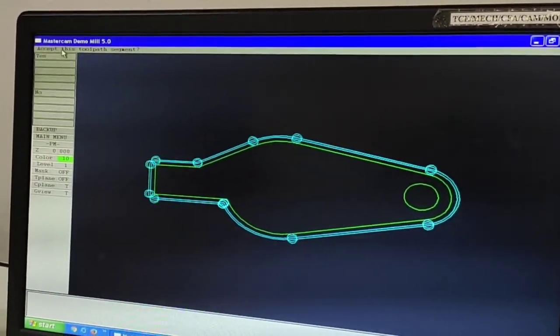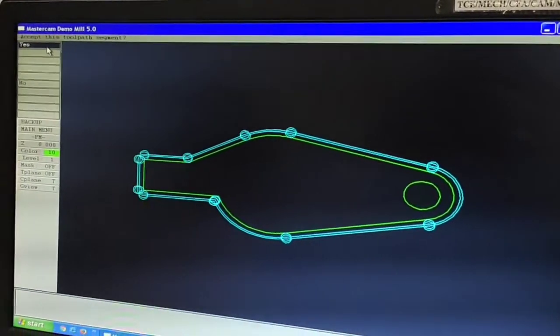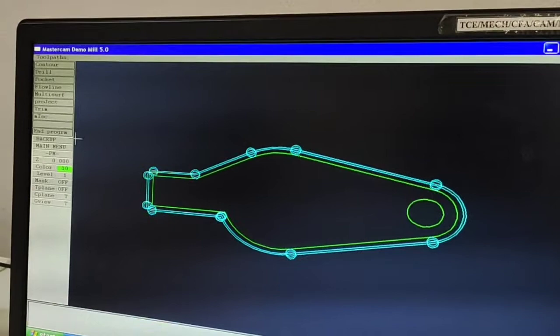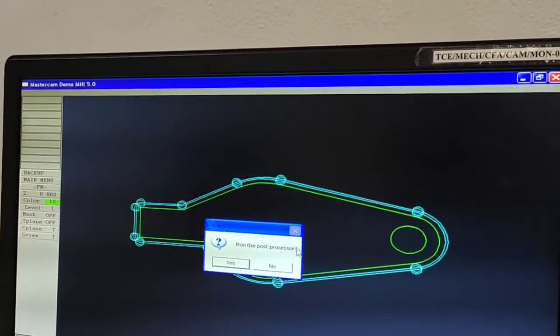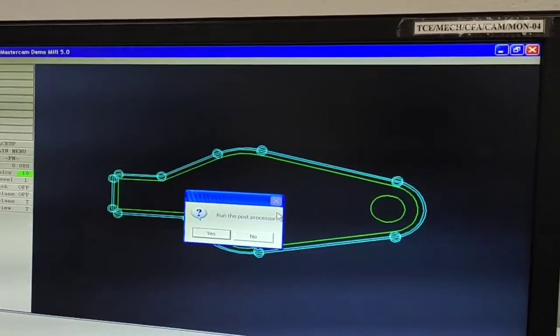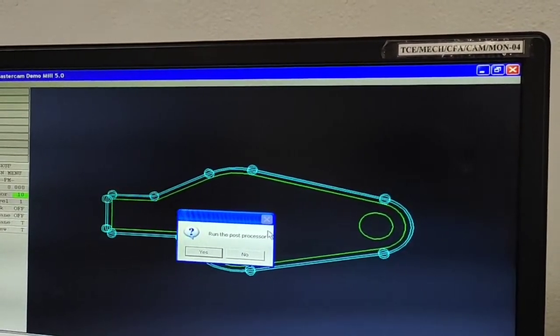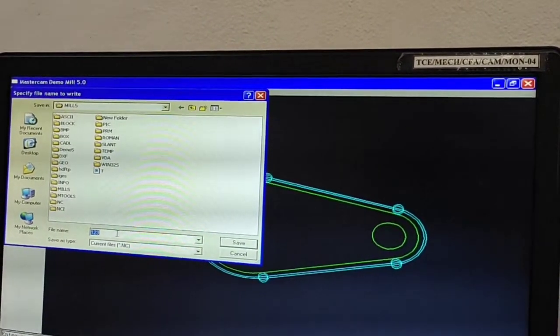Here it will ask, accept this toolpath segment, yes. Let's select end program and run the post processor. According to your drawing, the program will be generated as NC codes by selecting yes.